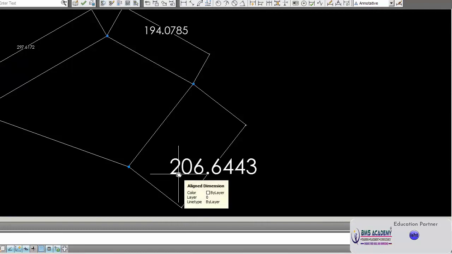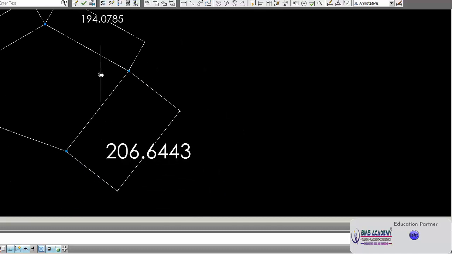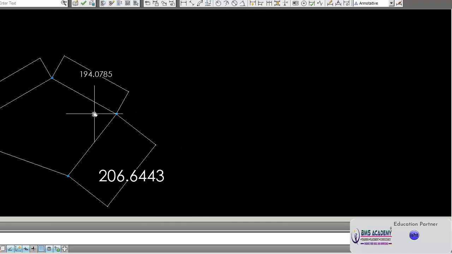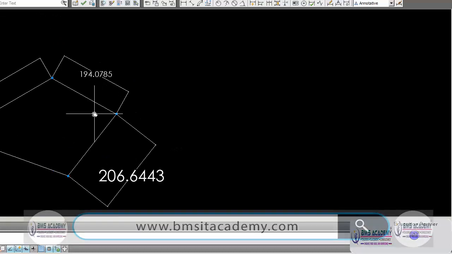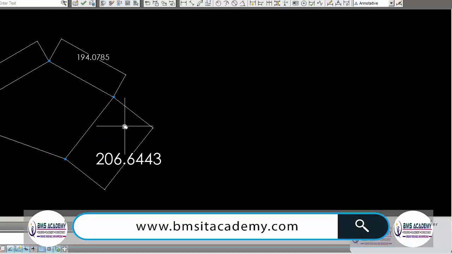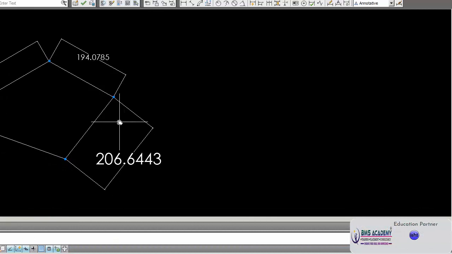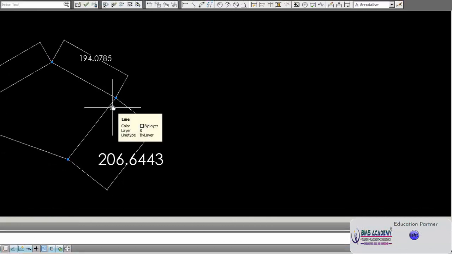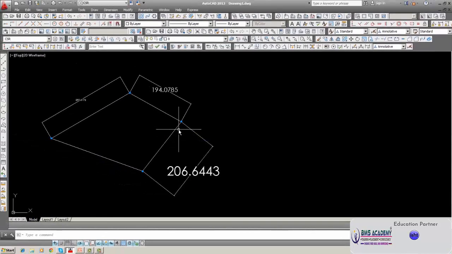But actually, we print all the 3 dimensions with a text height of 3 because we have selected the annotative scale in the dimension tab. Okay. So this is particularly useful when you want minute details to be shown on the model space. Say, for example,